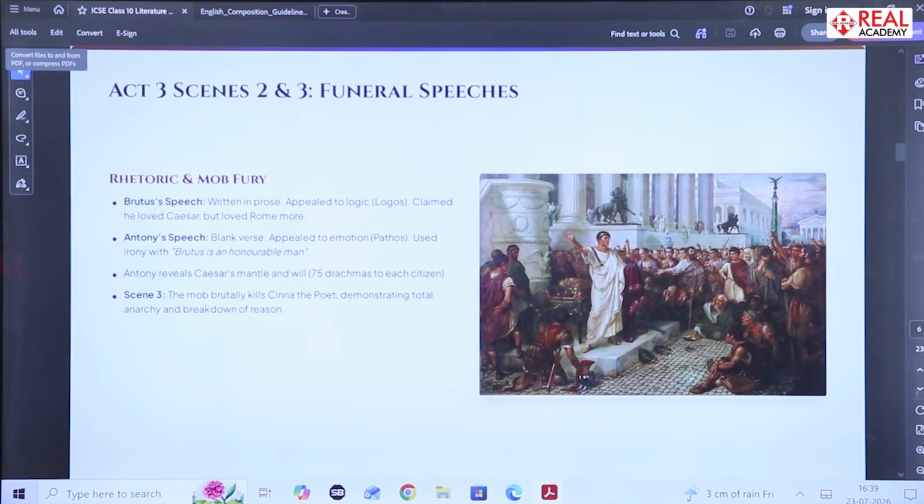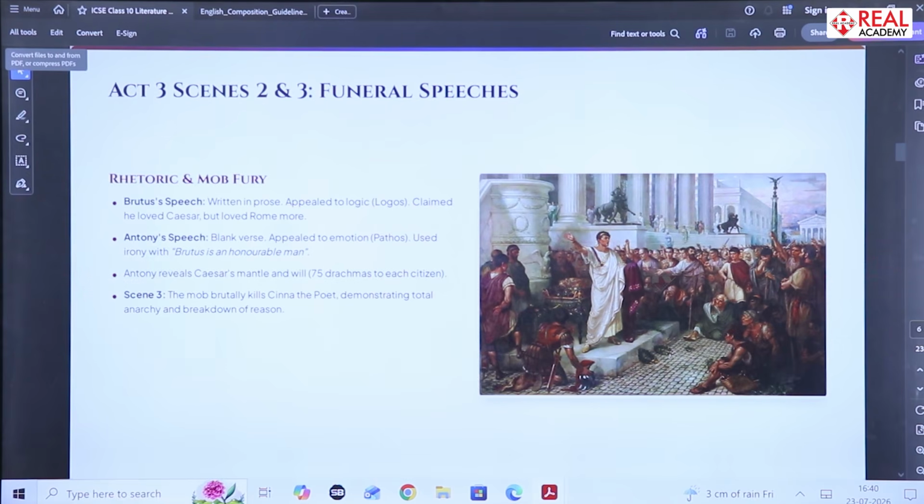To stir the crowd's emotion further, Antony uncovers Caesar's blood-stained body and points out each wound made by the conspirators, especially the wound inflicted by Brutus, which Antony calls the most unkindest cut of all. He explains that Caesar was more deeply hurt by Brutus' betrayal than by the physical wounds. Antony then mentions Caesar's will, but pretends he does not wish to read it. This increases the crowd's curiosity.